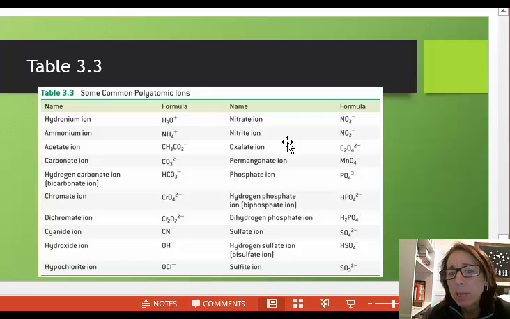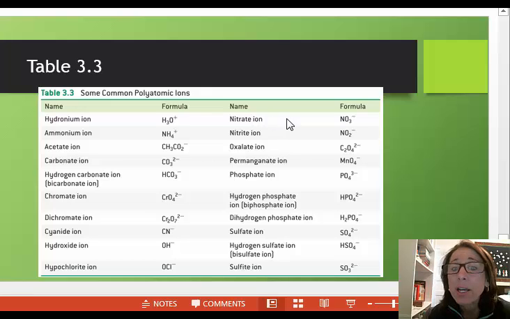The names of the polyatomic ions were assigned before a systematic nomenclature system for chemistry was established. Thus, the names of polyatomic ions do not follow rules, which is why you need to memorize them. However, there are certain trends. For example, most of these ions that have oxygen end in the suffix -ite or -ate.